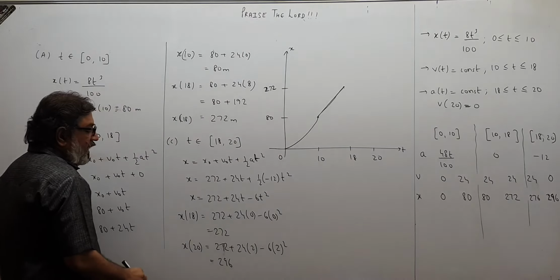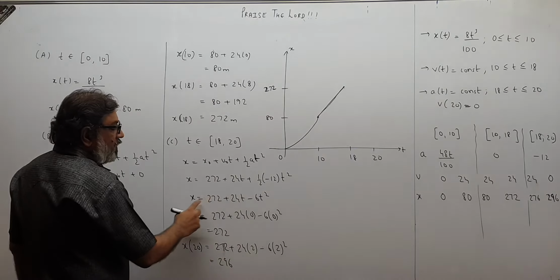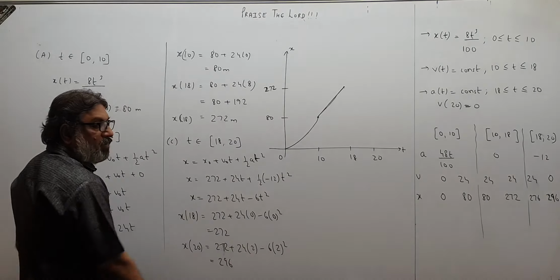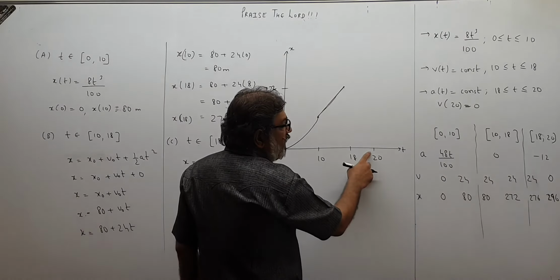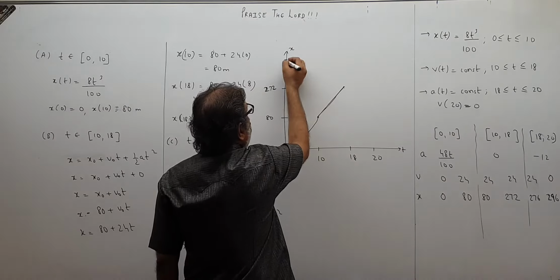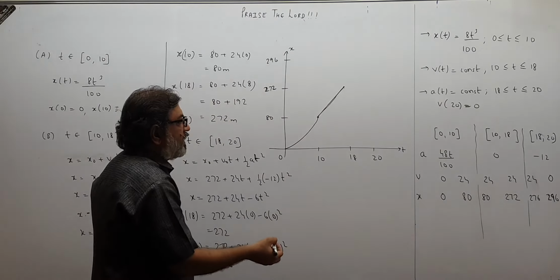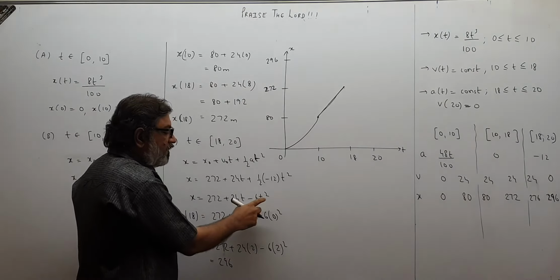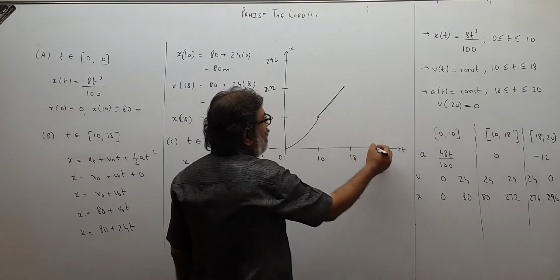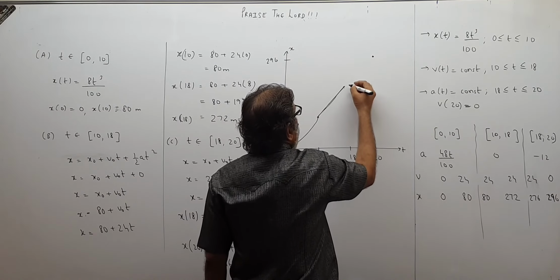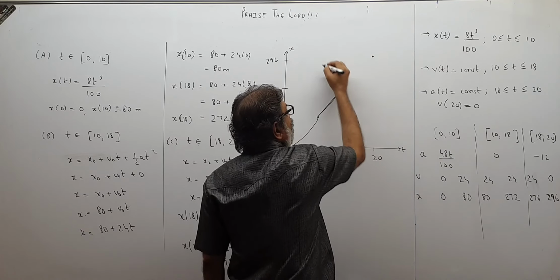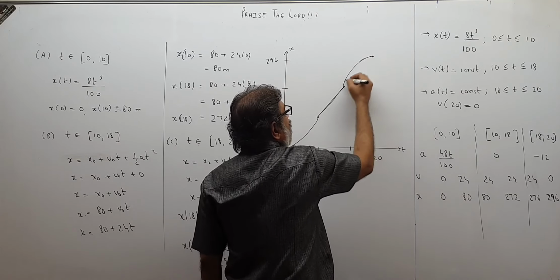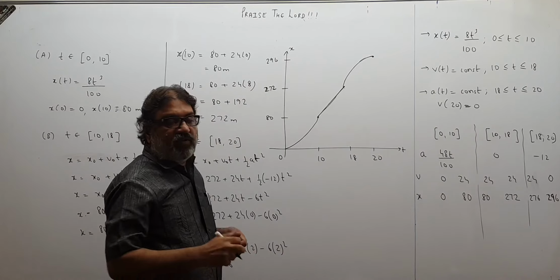Then the last, the graph is parabolic. t square and x raised to 1, and it is minus 6 t square. So it has to be a downward opening parabola. From 20 it goes to 296. So this is 296. Of course the graph is not to the scale. The graph has to be a downward opening parabola because the coefficient of t square is negative. So I want to join these two points. I can join like this, but then this will be an upward opening parabola. I want a downward opening parabola. I should go like this. If I go like this, then it becomes a downward opening parabola. So this is the graph of x versus t.